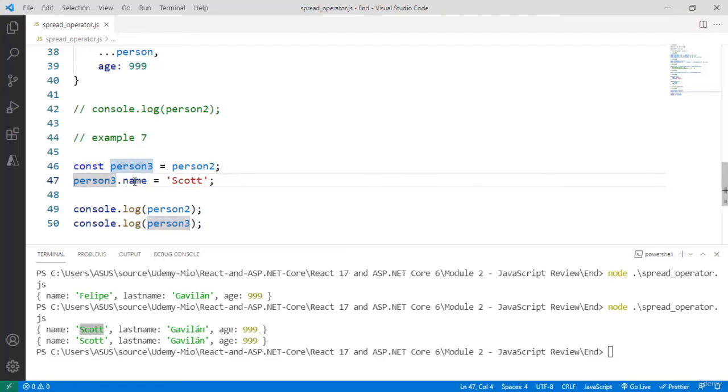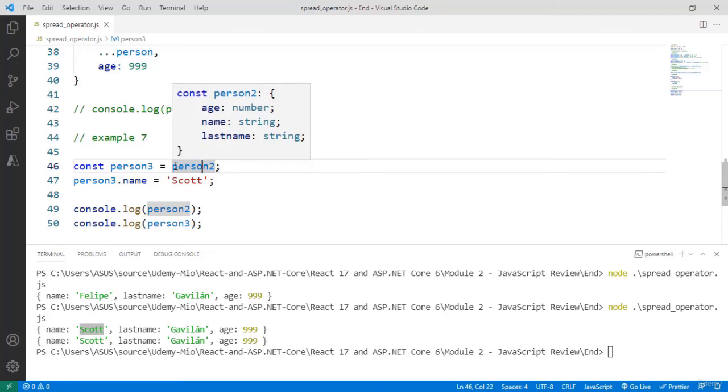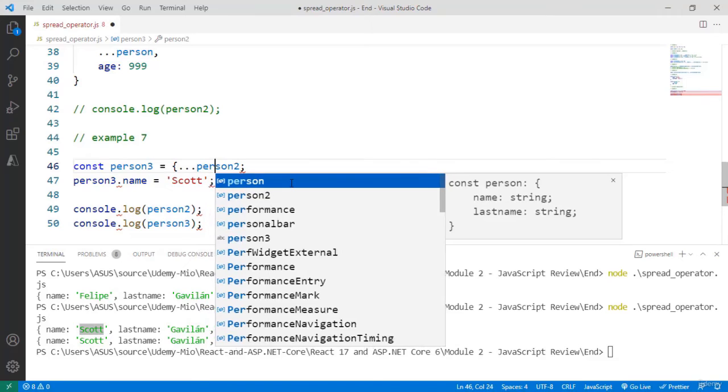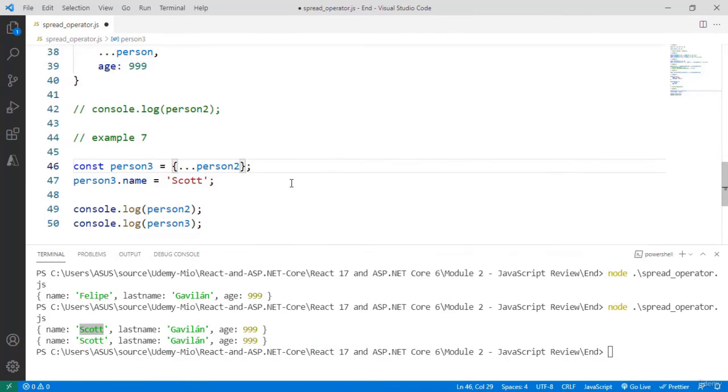So when I say person3.name equal to Scott, I am changing the underlying object which this variable is referencing, which is the same object that this other variable is also referencing. Therefore, a change in one will be the same as a change in the other. That is why we have to rely on cloning the object, for example using the spread operator, so that we